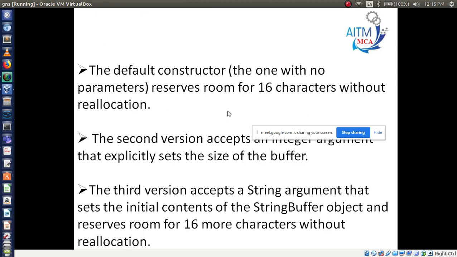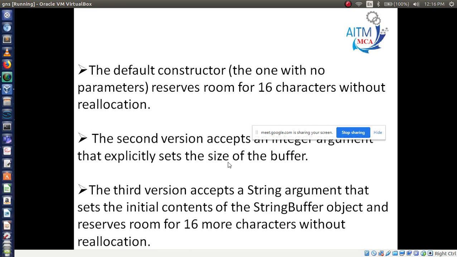Now please try to remember this first line. The default constructor, I mean StringBuffer without any argument or parameters, reserves 16 characters. Then the second version, that is int, sets the size of the buffer.